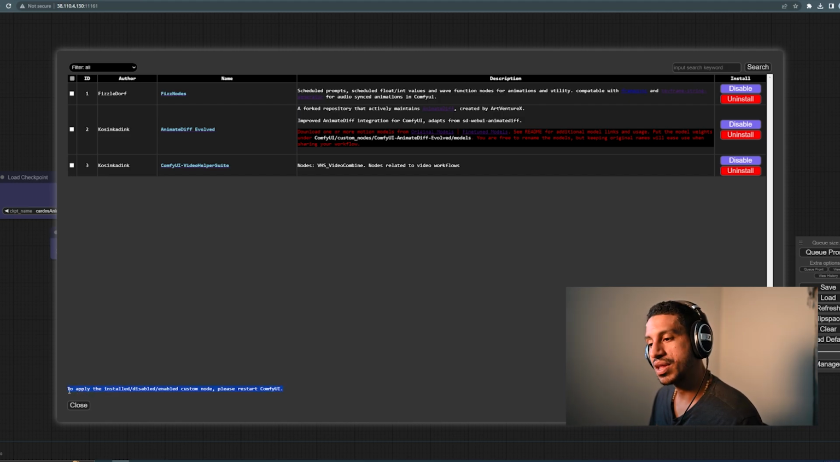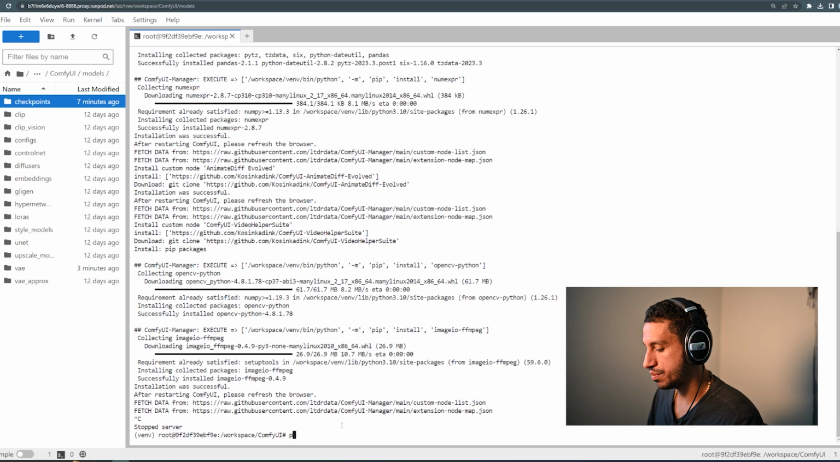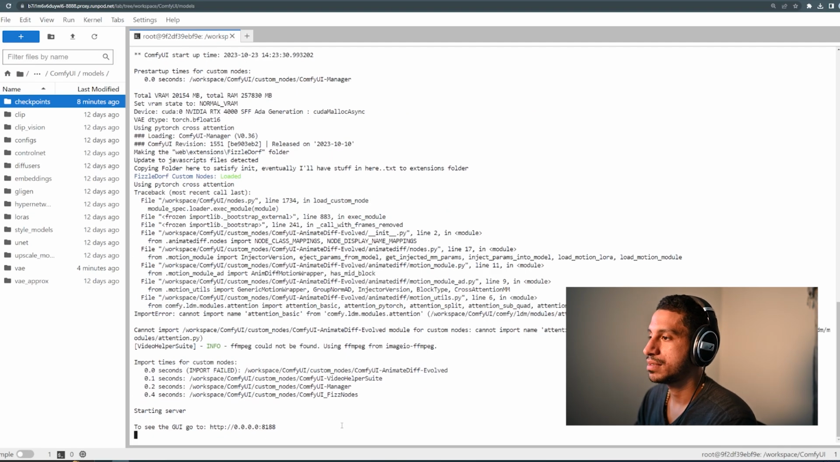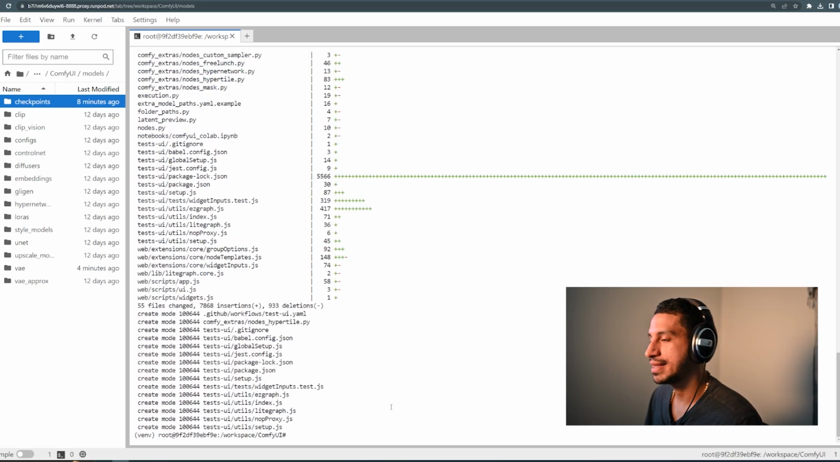So, as always, to apply the installed custom nodes, please restart ComfyUI. So we head back, we Control C, and we python main.py --listen, and we get two errors. The first error is associated with AnimateDiff, and the second error is that we don't have ffmpeg. So all you're going to do to fix this, you're going to stop the server, you're going to git pull, and now ComfyUI is updated. So if I run it again,